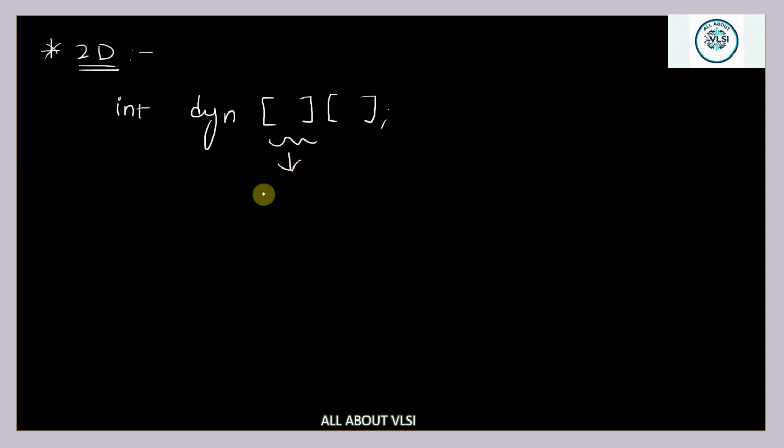Let us see the 2D dynamic arrays. Let's say if I want to create a 2D dynamic array, how am I going to create it? Again, the same thing. I'm going to first mention the data type, followed by the array name, and the first dimension and the second dimension. Here, the first dimension, as we already know, is the number of rows, and the second dimension will tell you the number of columns. So this is how you're going to create a